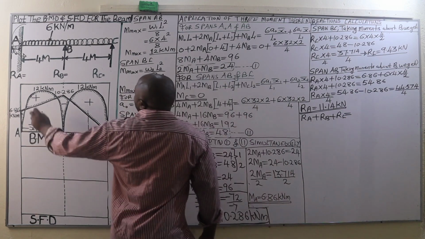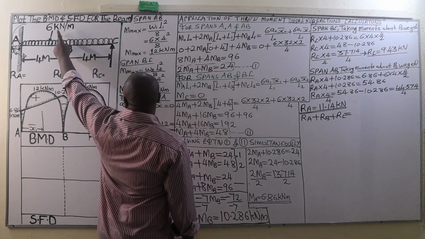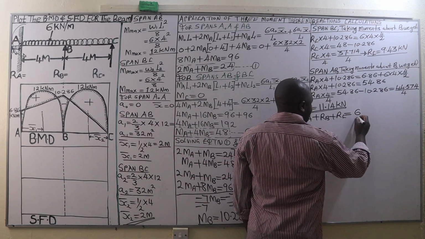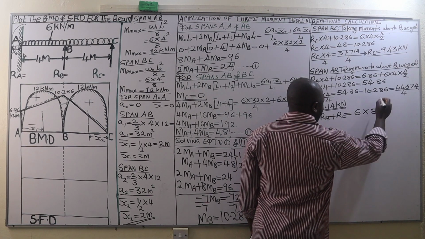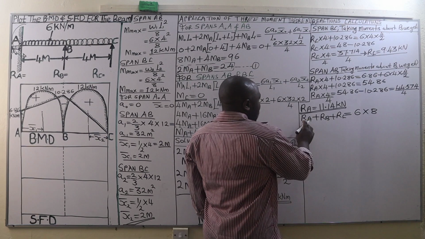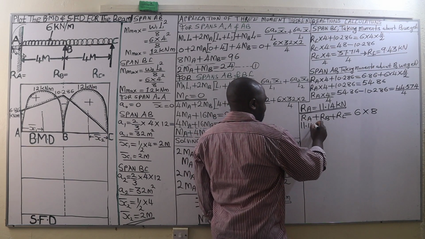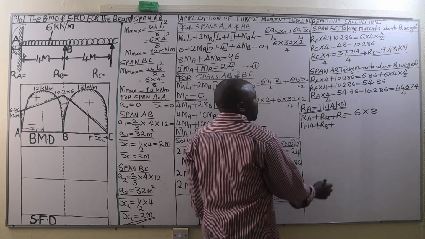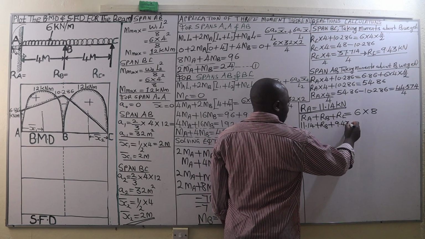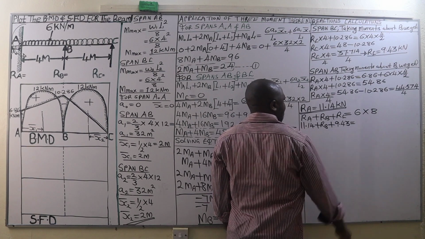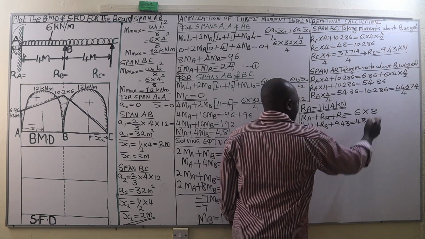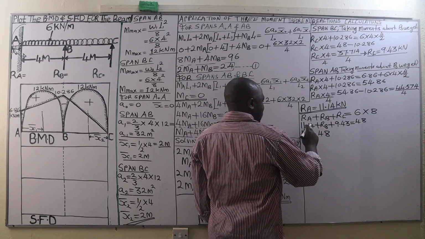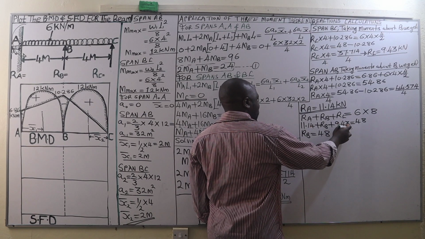And in this case, the whole span is loaded with a UDL of 6 kilonewtons per meter, and the whole span is equivalent to 8 meters, and therefore the point load is going to be UDL multiplied by the span over which it is distributed. Reaction at A is 11.14. Reaction at B, we are yet to know its value. Reaction at C, 9.43 kilonewtons, is equal to 6 times 8, that is 48. This is going to be RB, which is going to be 48 minus 11.14 plus 9.43, that is